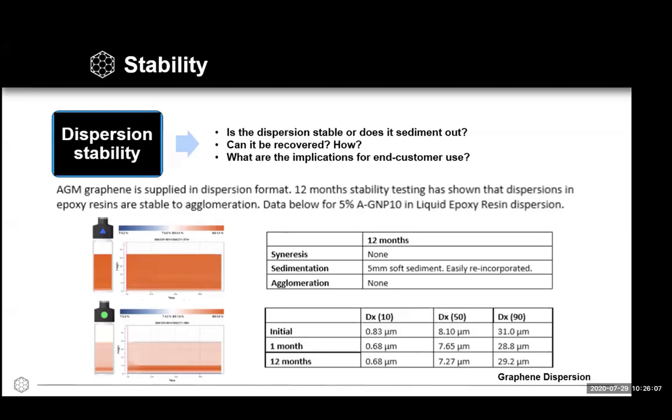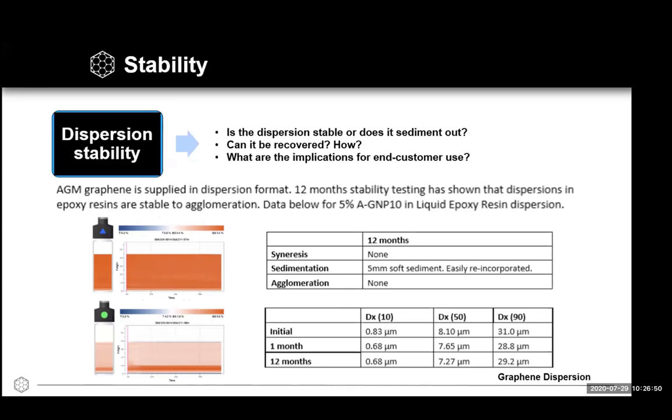So typical, at the bottom of this slide, is what we see, just grabbing some data for some of our products. In this case, a dispersion of AGMP10, this very platy material, in a liquid epoxy, with a 12-month shelf life. And you can see at the bottom right in this slide very good stability from a particle size standpoint, in terms of stability of the dispersion. And the upper left-hand graphic